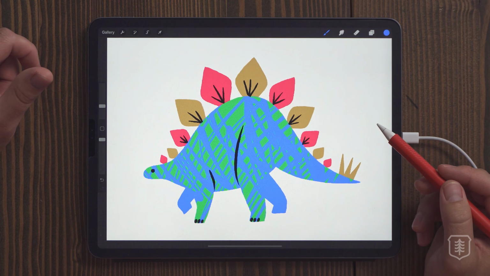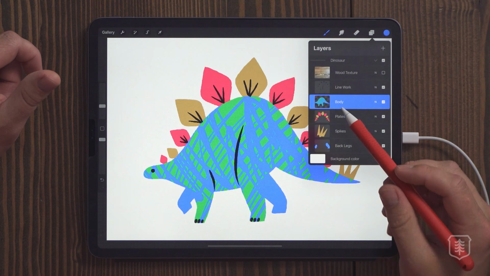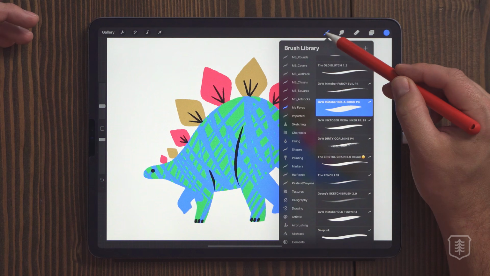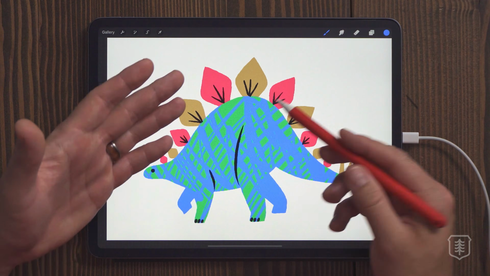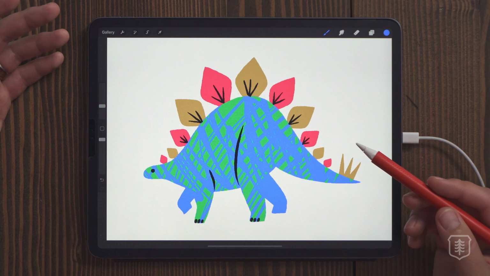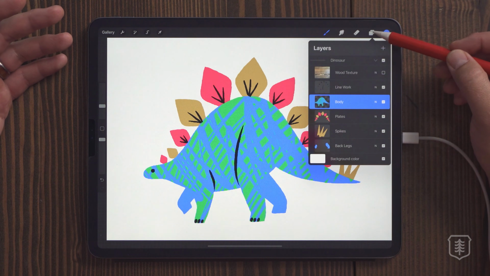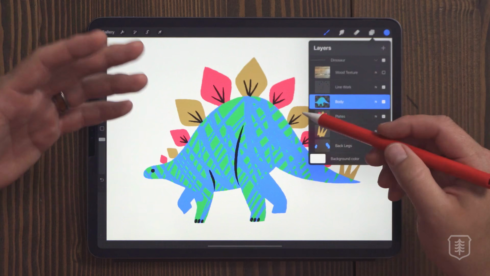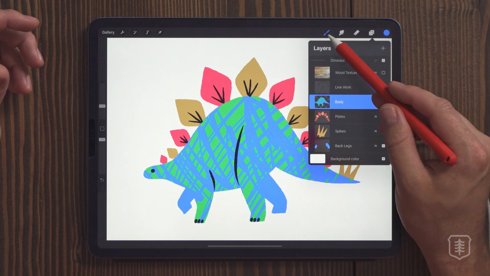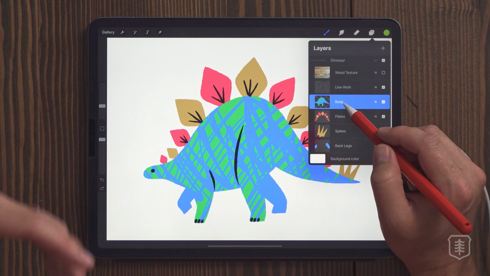Now, what's the problem with this? Well, if you look at it, it's all smashed on one layer. And that makes things kind of tricky if you want to come back and do some edits. Like, what if I wanted to change this green color to a yellow color? Well, now you're kind of stuck because you're just going to have to apply a color to the entire thing and do your texturing over again. So it's not very flexible, but I will say where it does shine is when I'm trying to fill in